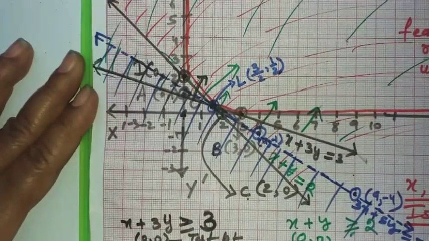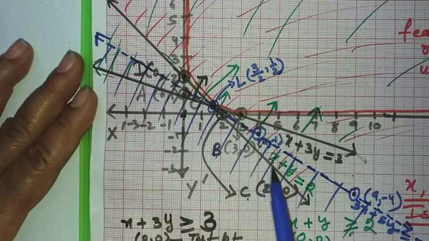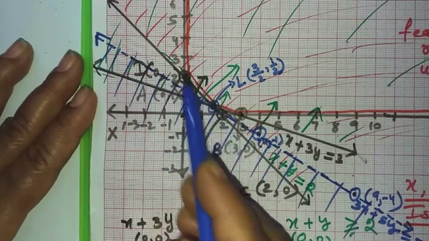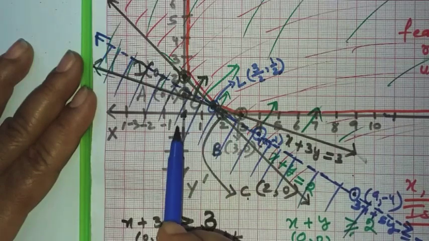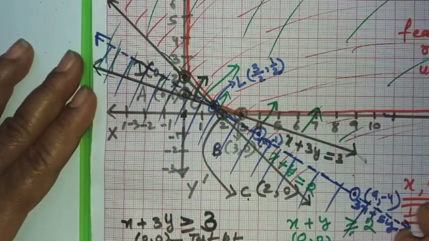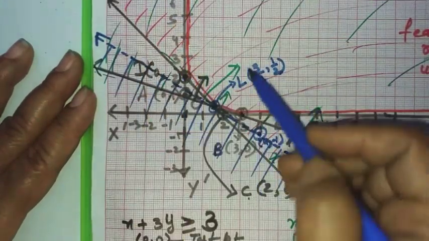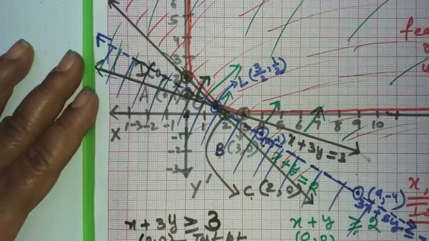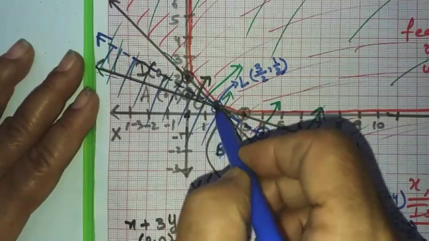Now you have to check whether the feasible region that you have already got and this new region that you have got now have any point in common. Now you can see that there is no point in common. Some students may have a doubt. This red line shows its region, and below the purple line is the required region for the new inequality. Some students say that ma'am, this point can be a common point.